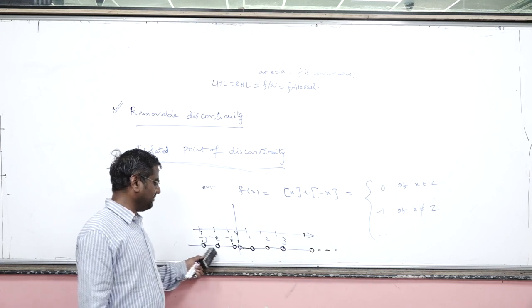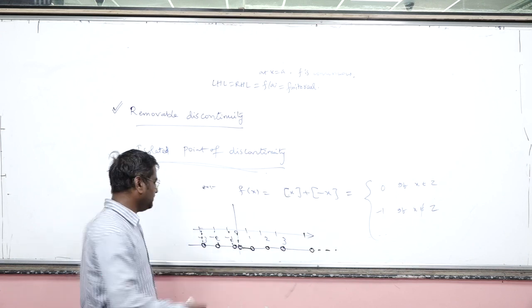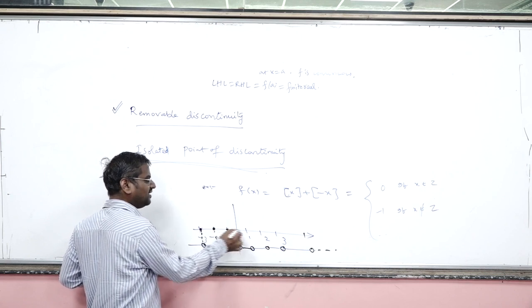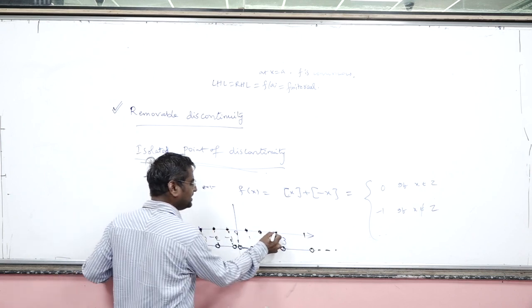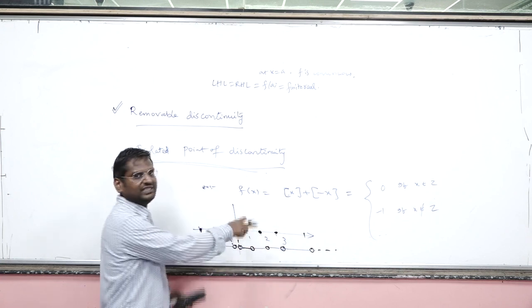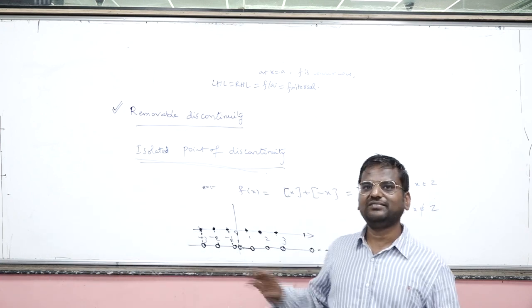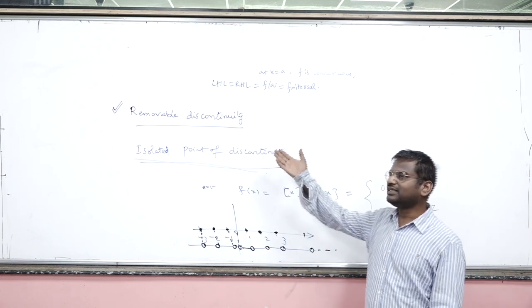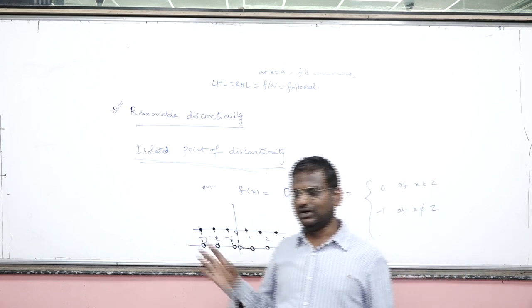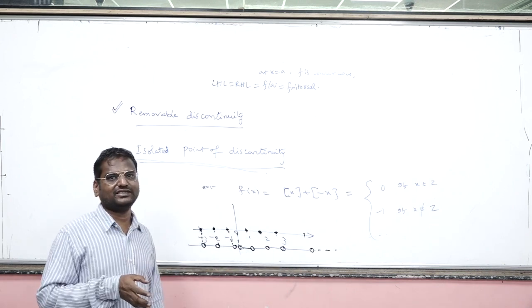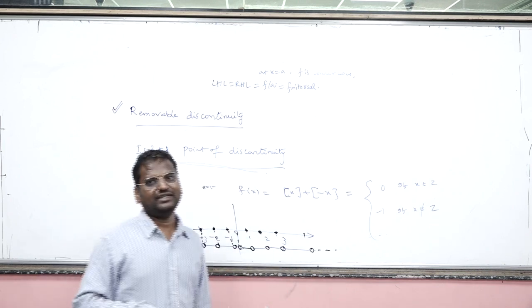Why? Because at every integer the value is jumping to 0. So that corresponding point is defined here. This is not a missing point, please understand, I have given the value here already. The value is defined, but it is different. So it also comes under removable discontinuity only. So all these removable discontinuities, the basic definition we have seen, then missing point discontinuity, then isolated point discontinuity.